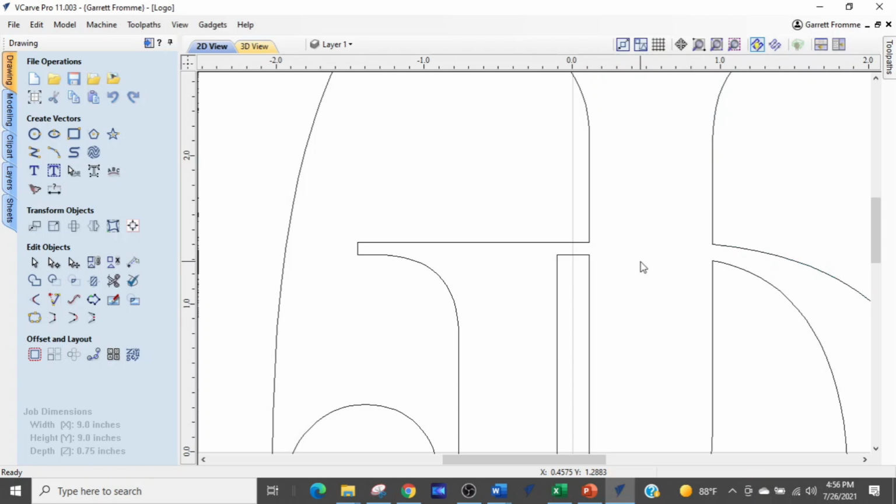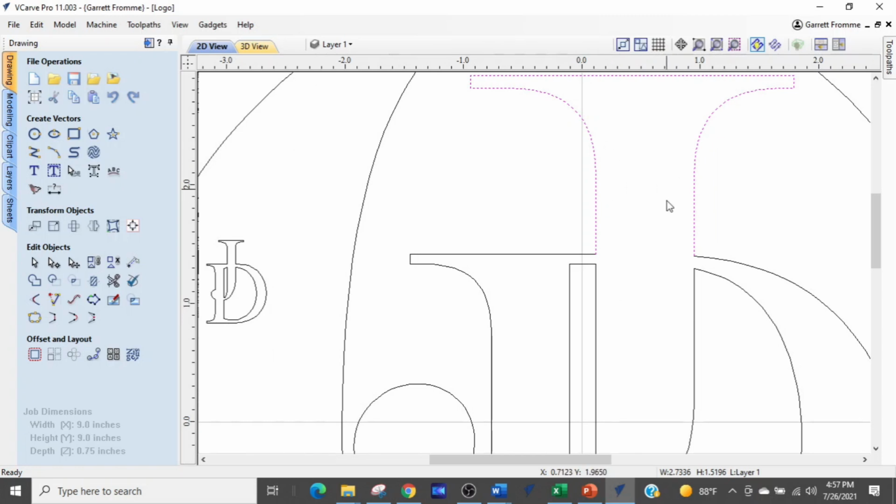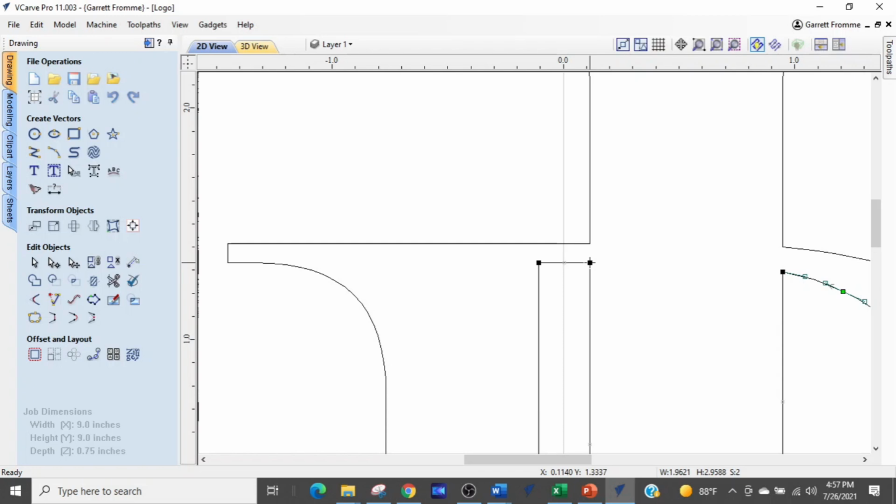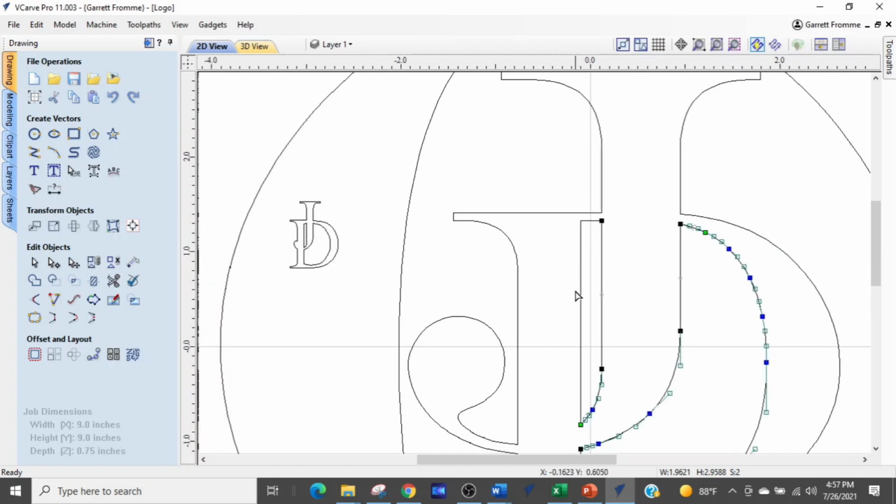And now when I escape out of node by hitting escape, and I select this, now you can see this part of the D is no longer highlighted. That indicates that that is separate now. So we're going to come back and select these two elements right there, and we're going to hit N for node, hover over this node, and hit C again. And now you can see this part is no longer highlighted. You see we have a bunch of nodes right over here. When we cut this, these nodes should disappear. So we're going to hit the C,